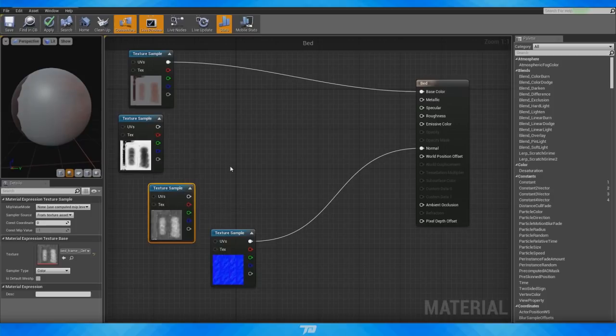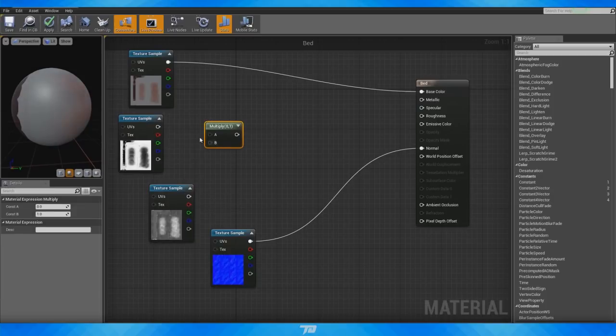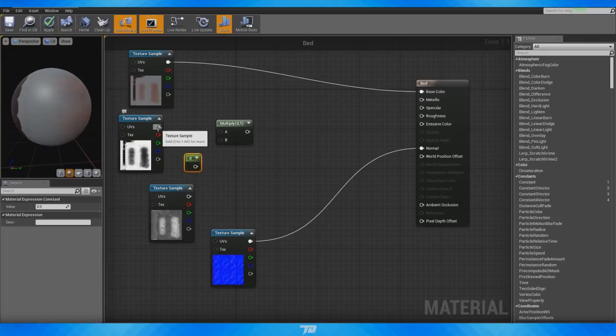So I'm going to hold M on my keyboard and click, and we're going to get this little multiplier node, and I'm going to hold 1 on my keyboard and click. And we're just going to get this sort of blank node here. So the way that this is going to work is I'm going to grab my main connector from the metallic tab and put it into A on the multiplier, and then the only connector from this node and put it into B, and then from there we can connect it to where we normally would, which would be